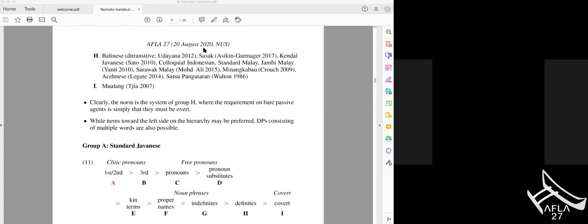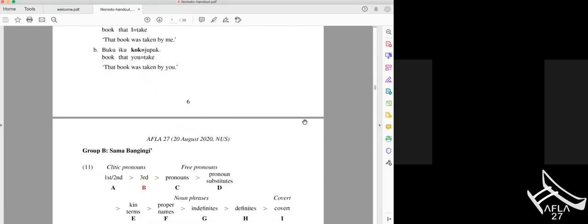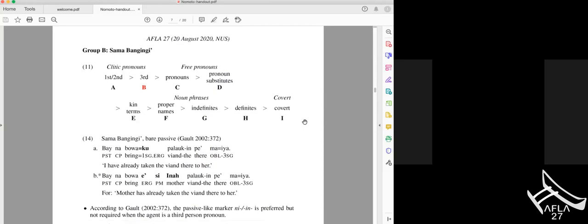If you're interested, please look at the examples later. Group B, Sama Bangini. For this language, Gold states that first and second person clitic pronouns are possible, but he also writes something like this. The passive-like marker in or ni is preferred but not required when the agent is a third-person pronoun, which is a clitic. So here I consider the absence of this voice marker not as its omission, but as the presence